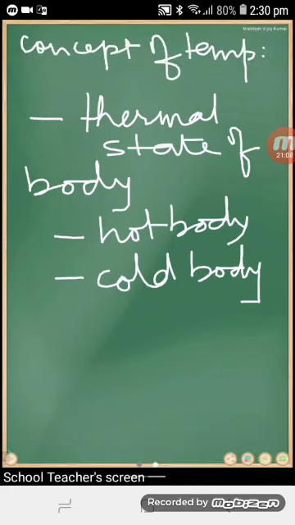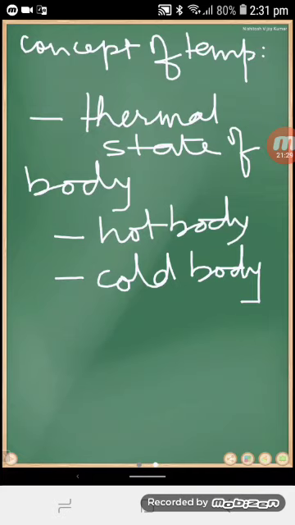So temperature basically is a parameter which tells the thermal state of the body, that is, the degree of hotness or coldness. It determines the direction of flow of heat when two bodies at different temperatures are placed in contact. Now for example,